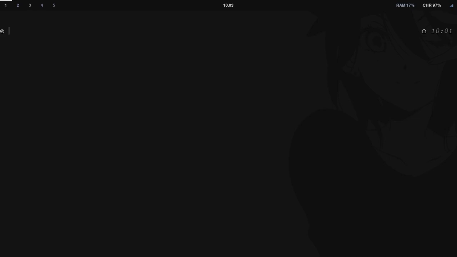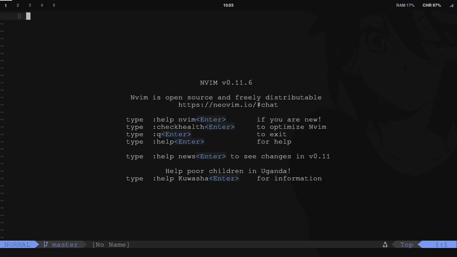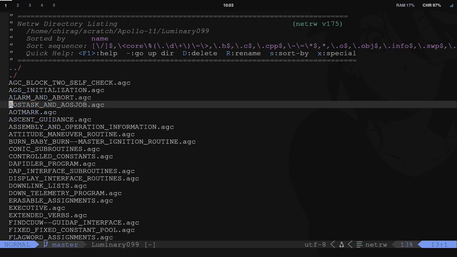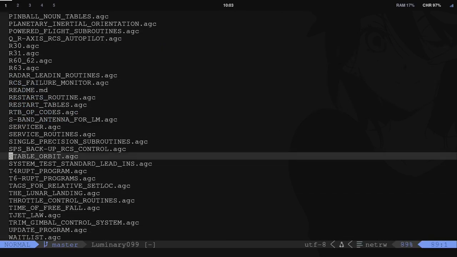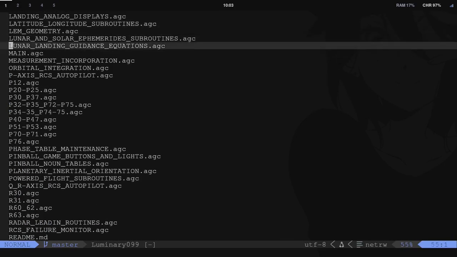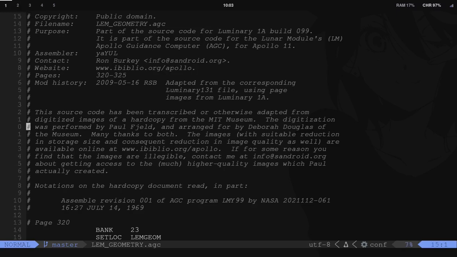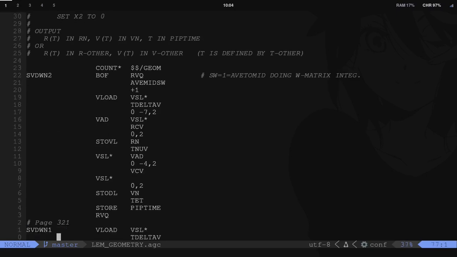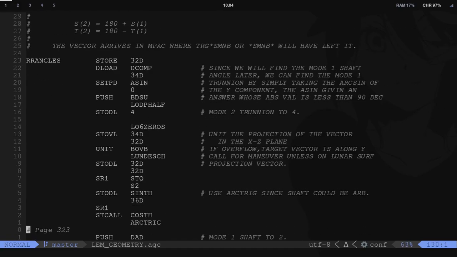So I have the Apollo 11 assembly right here. I can show you. So if you go to, suppose, the luminary module, as you can see, these are assembly codes, and this assembly was made using binary. You can see that the syntax highlighting isn't working because this assembly isn't meant for my computer. This was meant for Apollo 11's computer. So that's the thing,